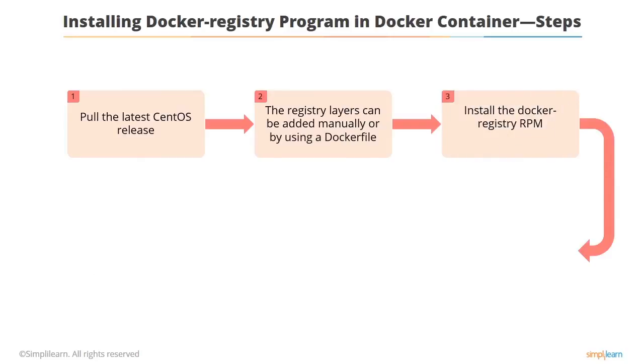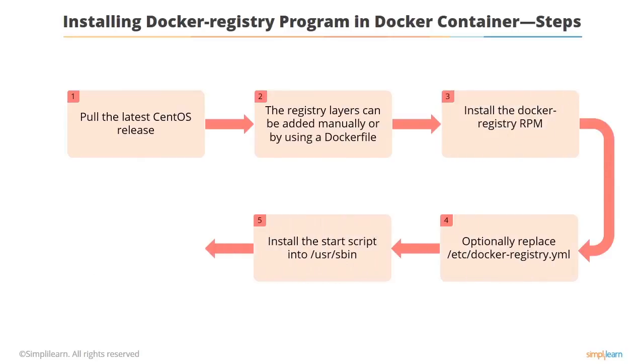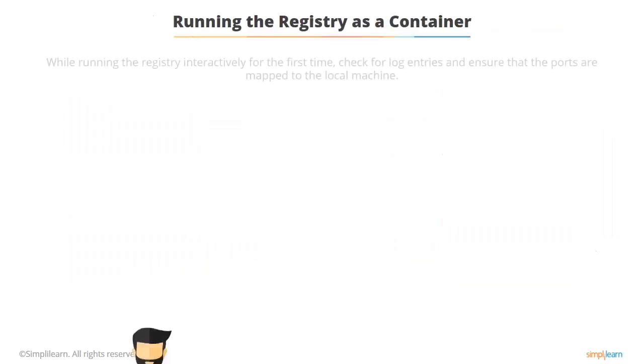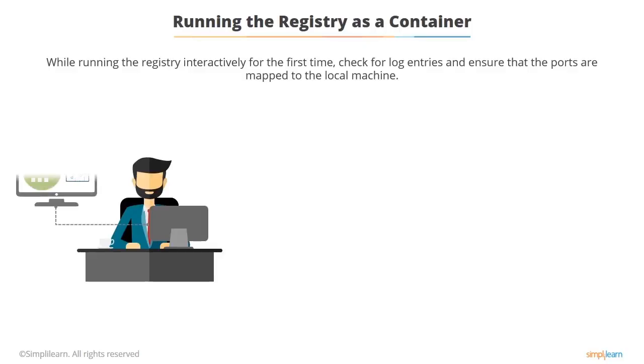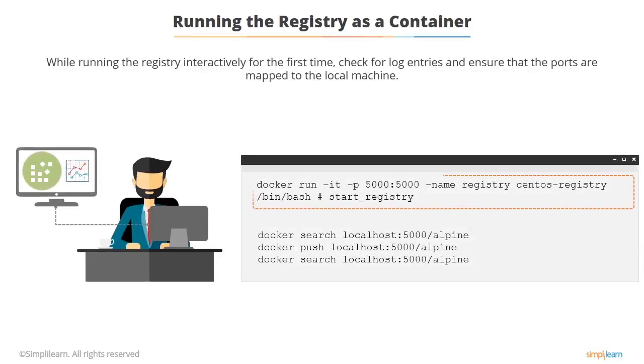When you build a registry image, the first time you run the container, it's a good idea to run it interactively. So then you can have a look around, see what's going on. You run the registry as a background process, and then you can start looking at what's going on, look at the log files, look at the ports on the machine, and everything like that. Make sure everything's working correctly.